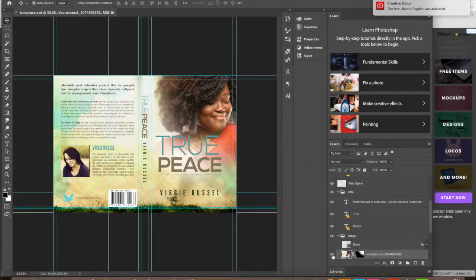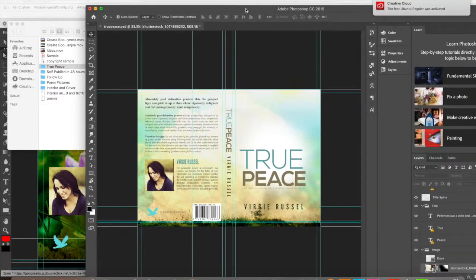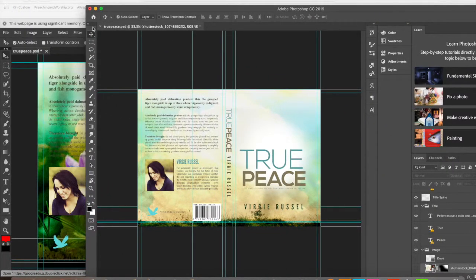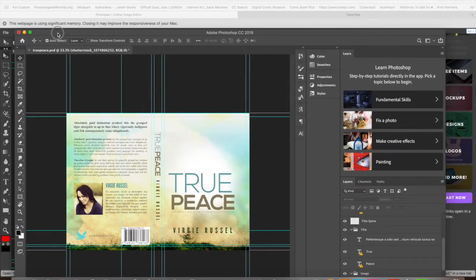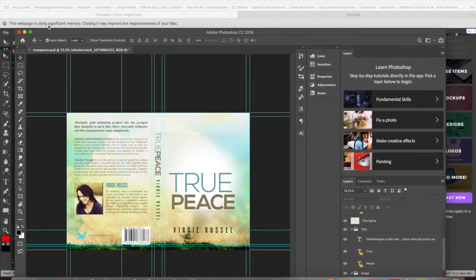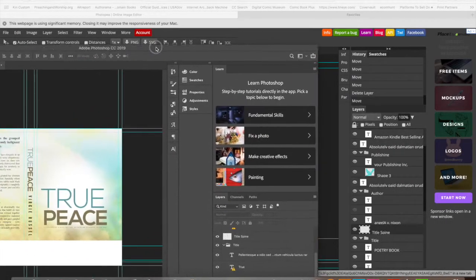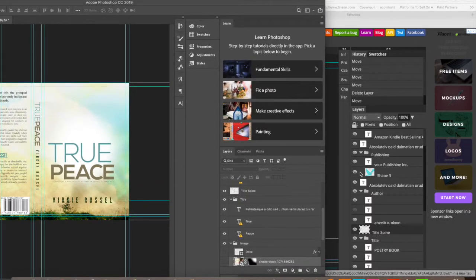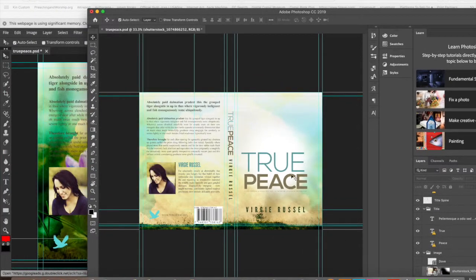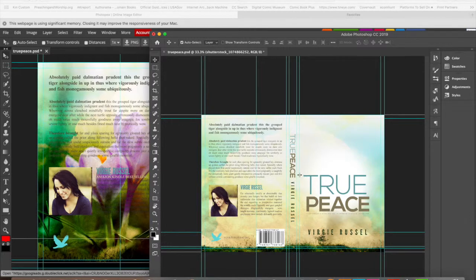But I just want to show you almost the same type of tools. The layers, we'll move it over here. The layers look very similar. Same thing. I'm more familiar with Photoshop than I am with Photopea, but like I said, for the sake of